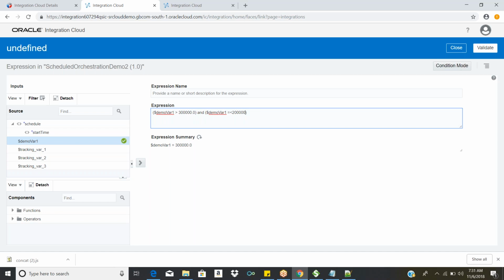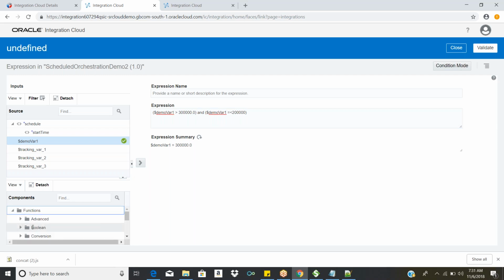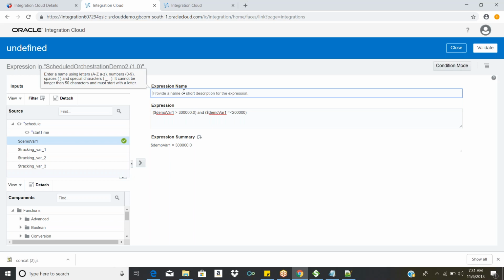You can give the condition like this, and you can even use functions, whatever functions are available. Those functions we can use here. And the expression name, how do you want to call it? Check compare.